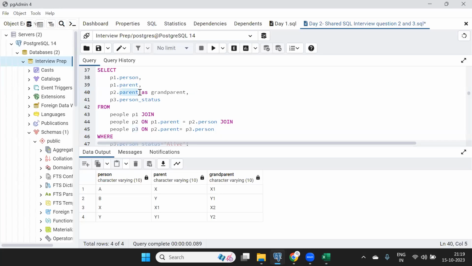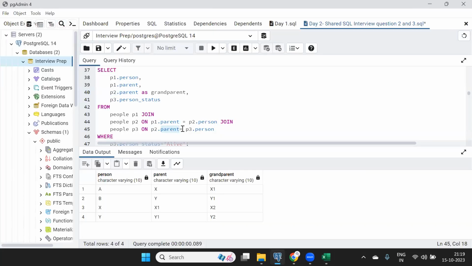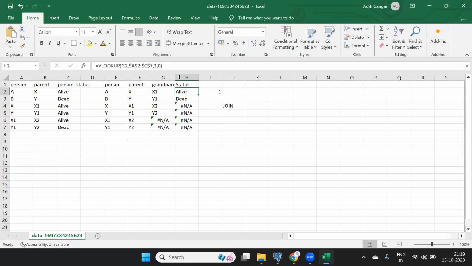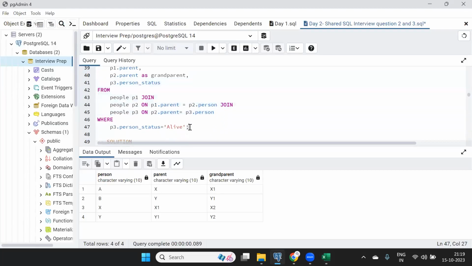Listen to this. What is this? P2 parent, which we are calling grandparent. You are basically taking the information from the grandparent column, which is nothing but P2 parent, the same thing. Do you agree? These two are the same thing. So you are doing VLOOKUP on this, correct? This key, both are same. So this is the key and this is the original table. In the original table, you will refer to the persons column. Okay. Now P3 person. The next condition you want to apply is to ensure that the status is alive,